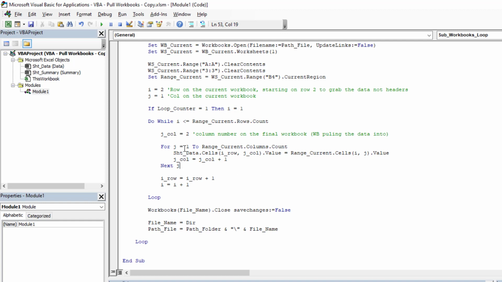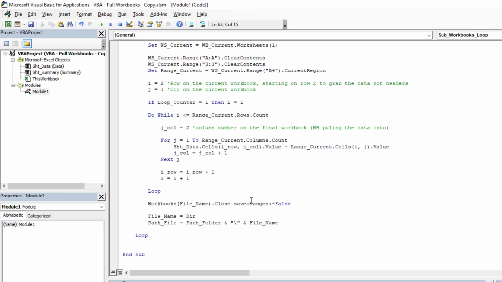And then here we just say for every, so J is the column on the current workbook, and so we say for J equals 1 to the number of columns in that range, and then here's where we're transferring the data. And then we close the workbook, and file name becomes Dir, which will return the next matching file. So this will give us the next workbook and the next path, and then we loop and do it all over again. So if we run this code,